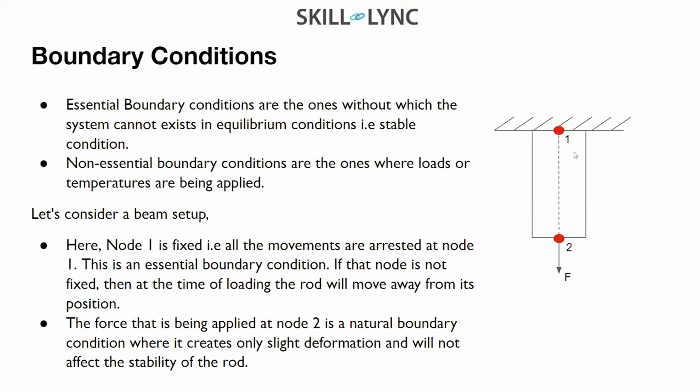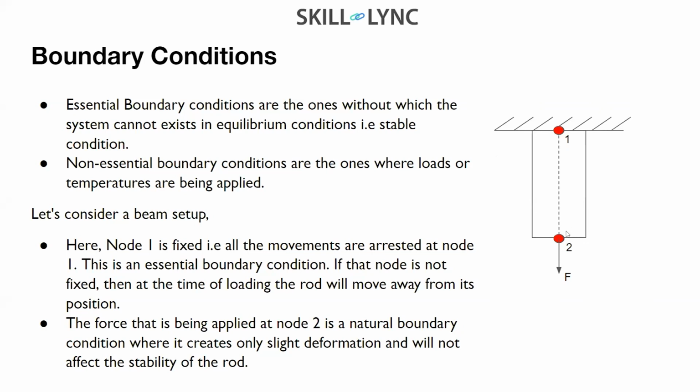Now suppose they consider this beam. There is one more example which I would try to give you. Suppose you are having an axial load along F. You are having two nodes, one and two. Now suppose point one is fixed. Why is that fixed? Suppose any other individual came in and said that no, I can substitute it. So suppose you try to substitute it, and as a substitution you just remove the fixed support.